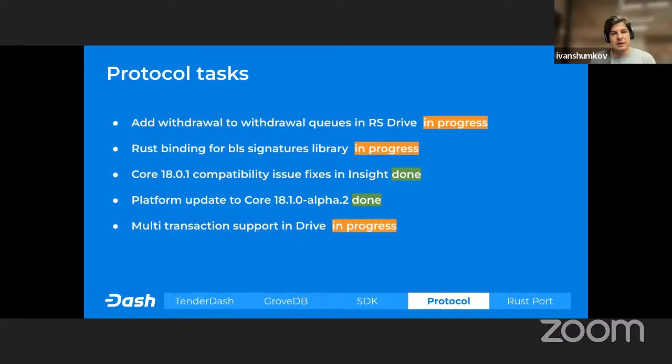Also, you probably noticed that we have some issues in Insight components, such as Insight API, and this issue is on Dash Central. It didn't work for some time. The reason was the incompatibility of the transactions between Core 17 and 18, and the Insight component wasn't updated for a while.